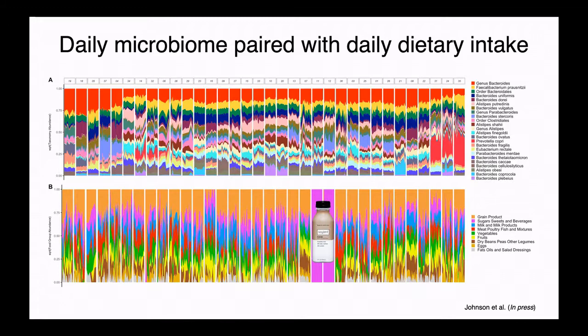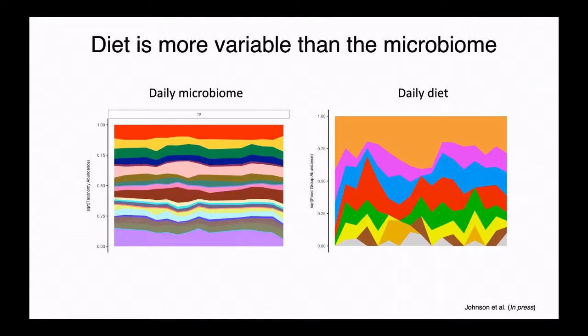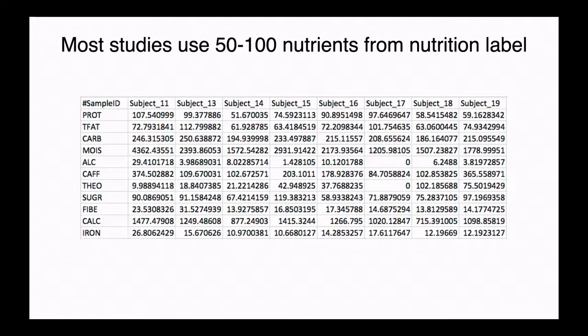And then what we did is we started to look at how the microbiome relates to the foods you're eating. And this is where we get to that nutrient label, because the diet, as I said, is more variable than the microbiome. It's highly personalized. It's very sparse. It's noisy. So actually, as I said, a very exciting area for data science, I think. How are we going to represent this in a way that we can integrate it with the microbiome data and better understand what's happening in healthy populations, populations with obesity, populations like the immigrants that we studied earlier?